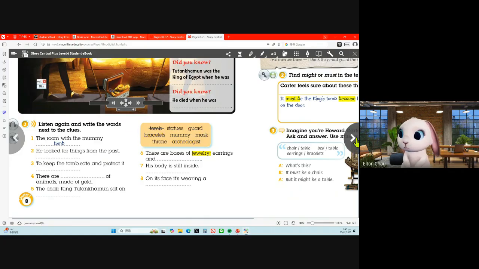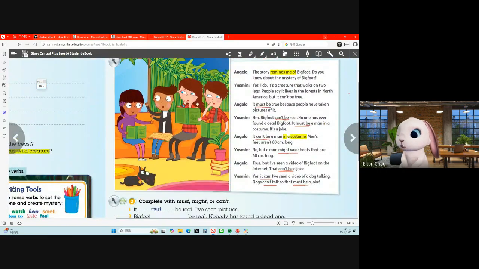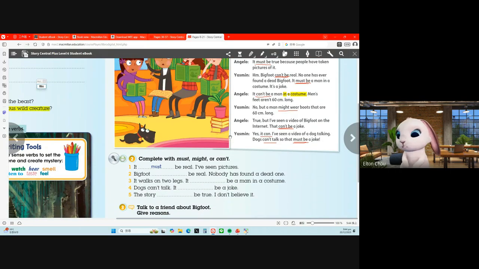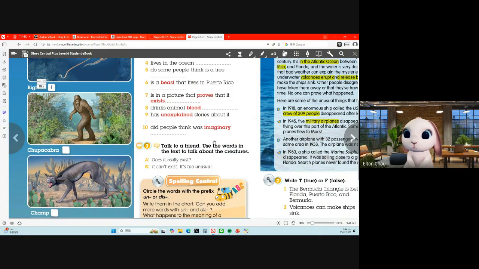Great. So in chapter 1 we talk about must be, might be, can be. And the story reminds Angelo of Bigfoot. I don't think it's quite easy to define it in a grammatical way, since it's all about logic, right? The way people judge, the way people think. But sure, we can try to review those